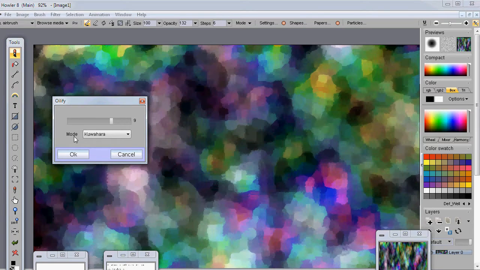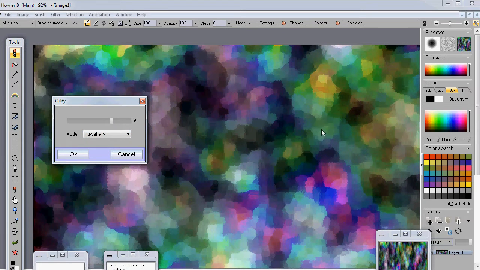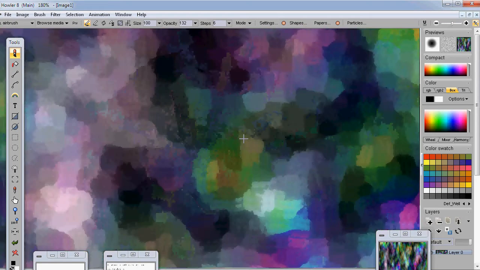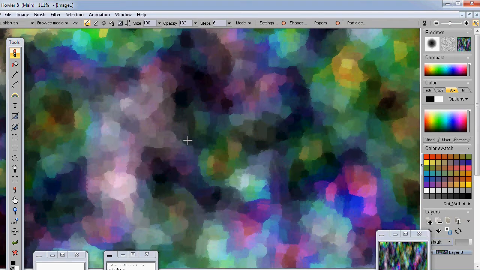and then there is also a Kuwahara method, or a symmetrical nearest mode, and that takes a little bit longer. And you can use that to create something that looks a little bit more oily painted. Now in a case of an image like this, it's a little bit difficult to see and recognize, but if you were to start with a photograph, this would definitely give you a good starting point. The idea is that once you have this, you have something that looks a little bit more blotchy, as if you had dabbed it with some